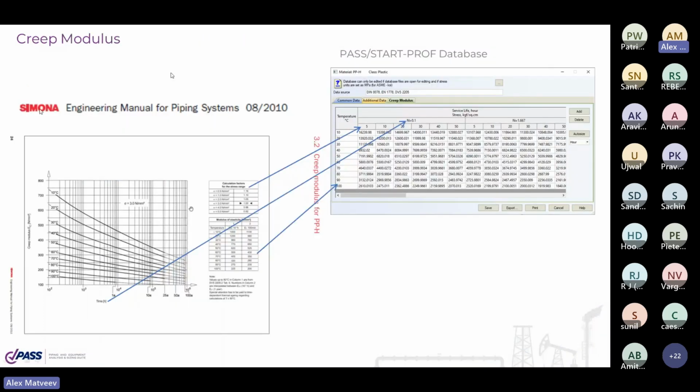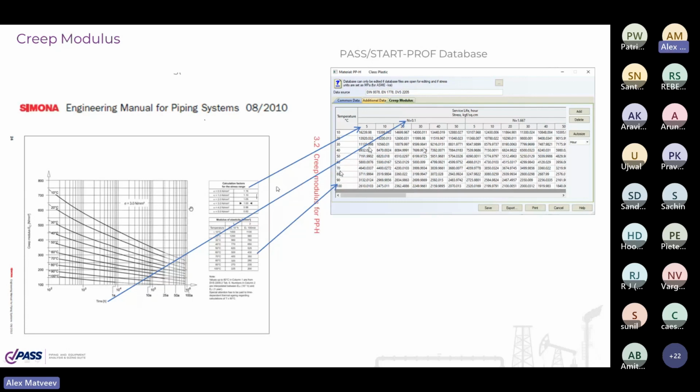Simona is a manufacturer of plastic piping systems. Okay, so the Simona engineering guide allows you to determine the